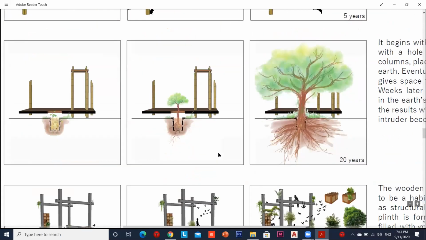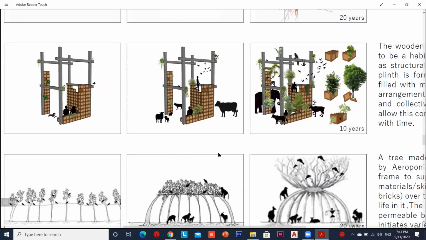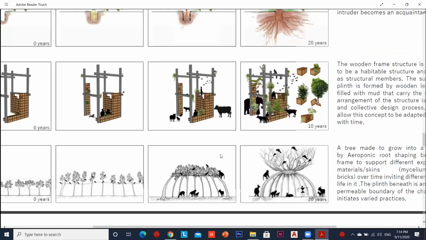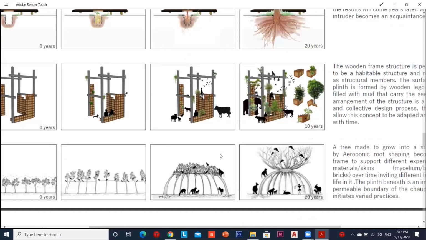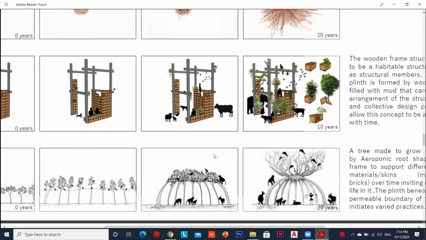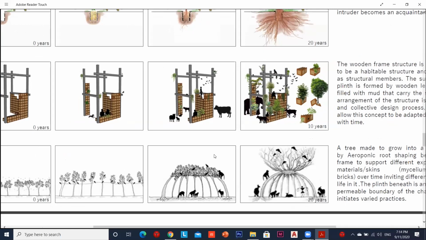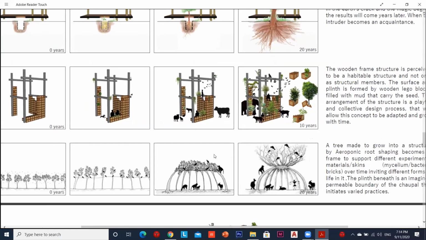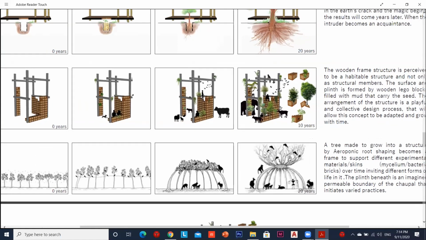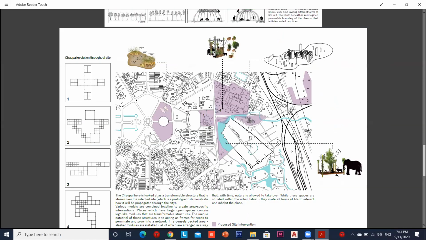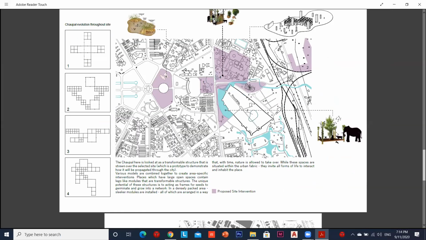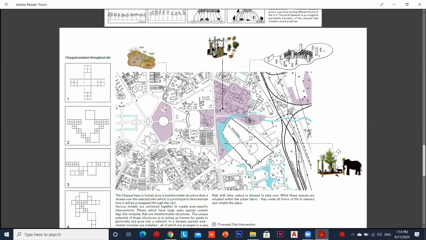Within these various timelines, these trees or this life is going to grow and nature is going to take over. The whole idea is that we want to allow things to happen in their natural process. So these various modules are designed for that kind of interaction to take place. It is accessible to all kinds of life forms, and by access, I literally mean just access, and for them to use this space completely. That is the level of user group use that we've used. We've not determined anything very strongly. Then we looked at the site, and we looked at the city of Delhi.